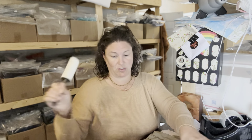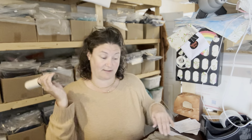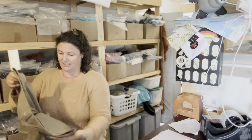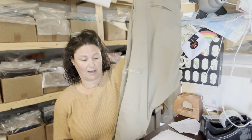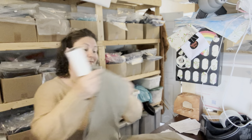Okay, so my friend dropped these off. There were 4 of them. 2 were the same size, 2 were the same size. I lotted them together. I already sold the first set, which was great. And of course these tan ones are not as bad. That's good. Okay, so if I look up Wrangler performance cargo pants in men's, these are men's,